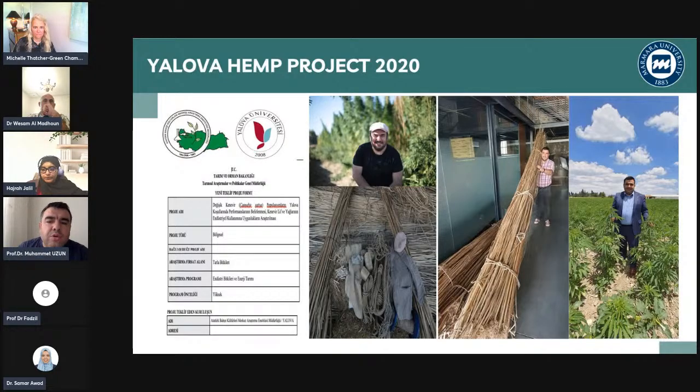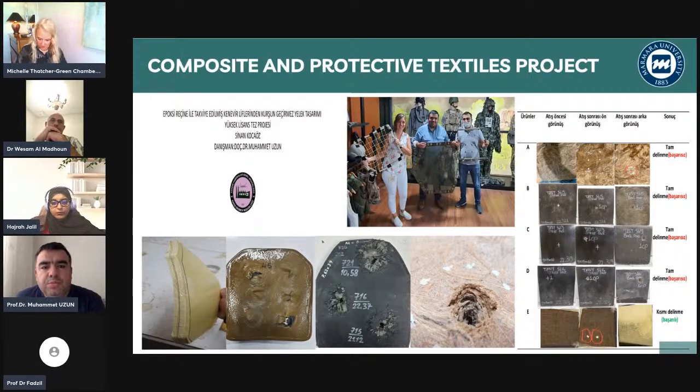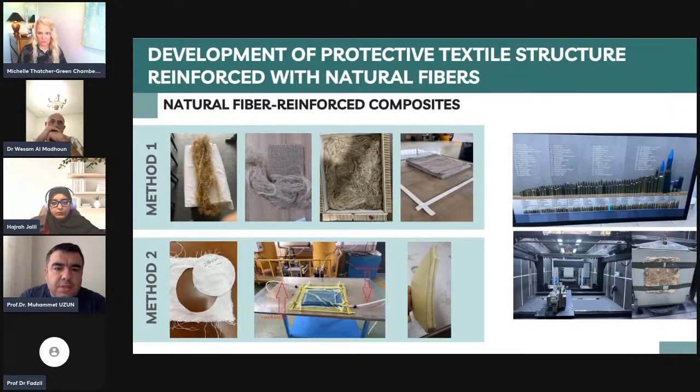Then we have grown different seeds in different areas in Turkey. Turkey is a little bit special in terms of weather. You can have everything. In the Black Sea area you can grow, and in the Mediterranean area too. What we have done now, all around Turkey, we grow hemp in different R&D projects. These are different stages, different trials. Then we had another two master theses on this, on what kind of protective clothes we can develop with this local hemp. These are the results of those